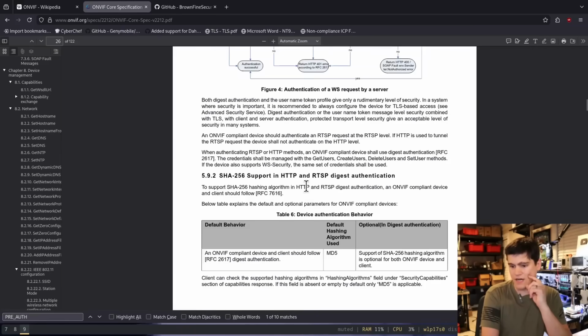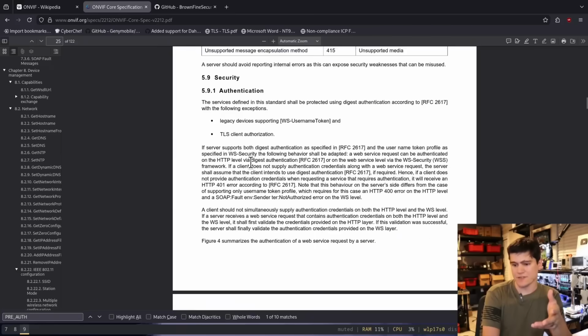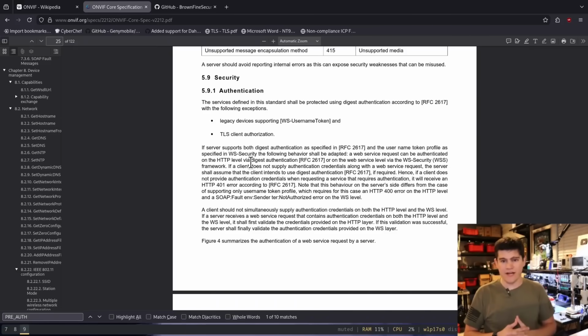So if we scroll up here, actually, in the security section, where it kind of defines the overarching security protocol for all ONVIF API interactions, it says quite definitively that services defined in the standard shall be protected using digest